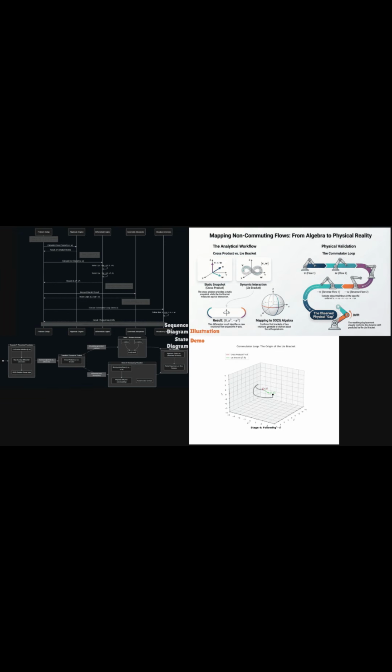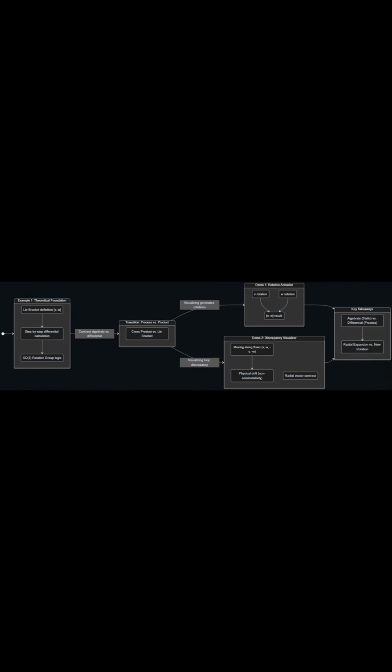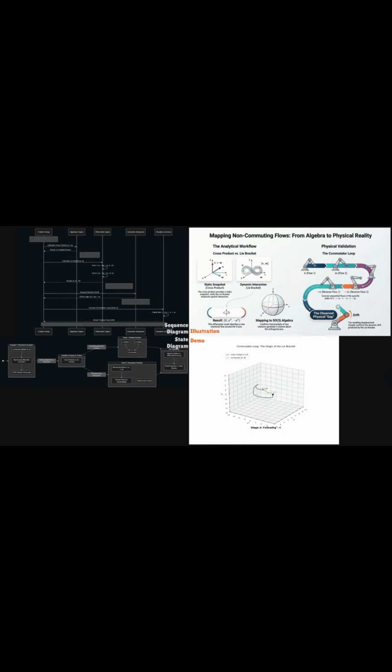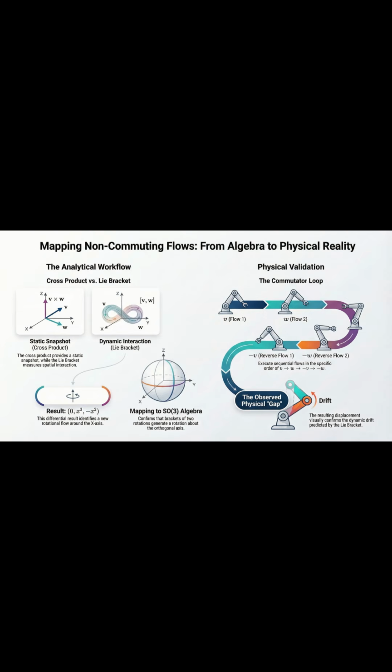Mapping and validation. These results are mapped to the broader structure of how rotations behave in three-dimensional space, confirming that the interaction of two rotations is always a third rotation. The final validation occurs during the commutator loop stage, where a